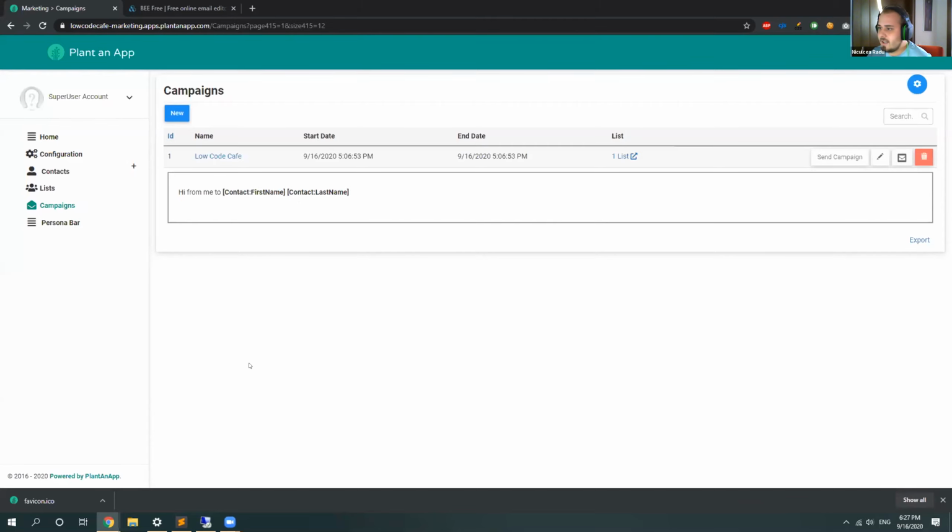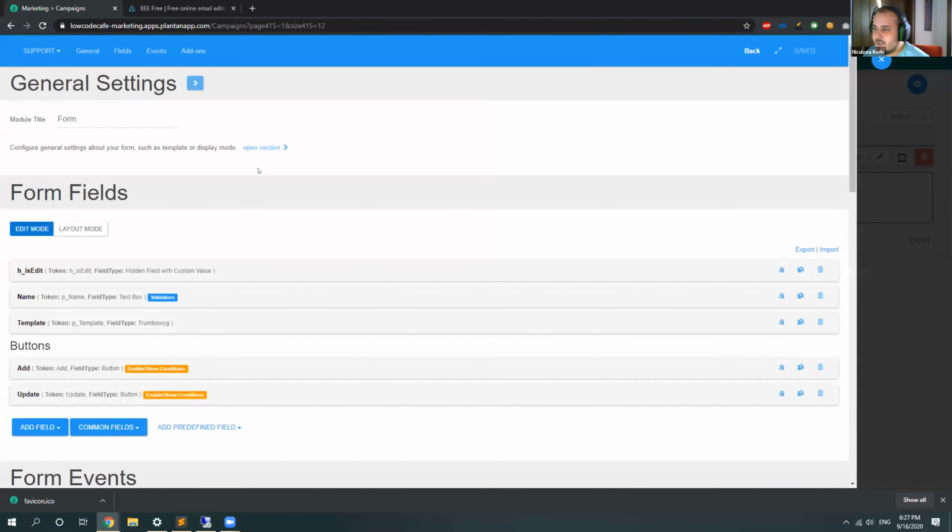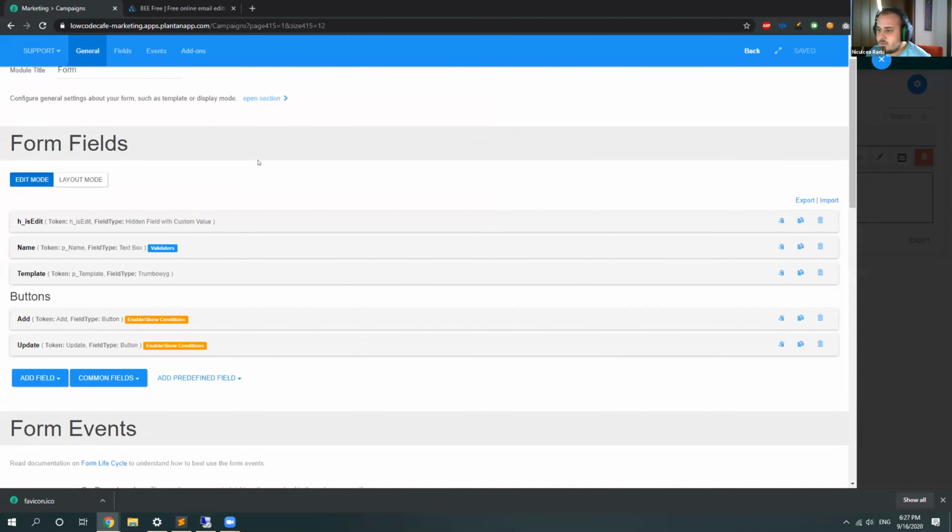I've installed an add-on on this instance. It's called the BeFree integration. And the BeFree integration allows me to use a tool that they provide, which is actually a plugin that will provide me with their Visual Composer inside Action Form. And to do that,